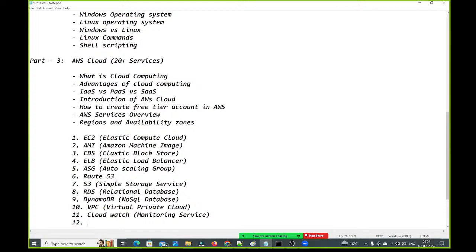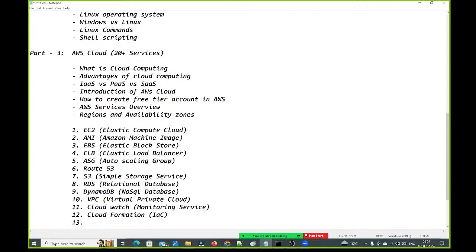Right. Next, guys, CloudFormation. What is this? This is the infrastructure as code service. By using CloudFormation, we can create the infrastructure in the AWS cloud only. We will write the code to create the infrastructure, that is called IAC, infrastructure as code. With the code we are going to create the infrastructure. In the AWS, we have CloudFormation service as infrastructure as code, guys.